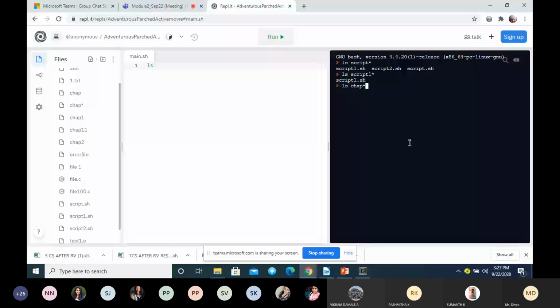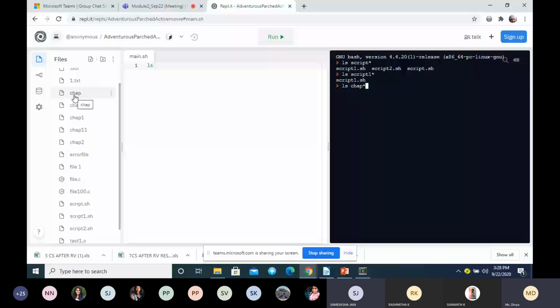Samiksha, what will be the output? Files with the name chapter, from chapter1, chapter11, chapter. Whether it will list this file.